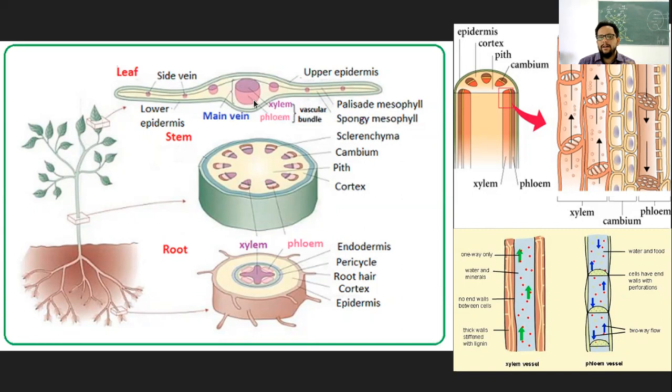Like again, from my heart, the particular vein or artery goes to the toe of my leg, right? That is a continuous tube line which has several branches at several places. Something similar, though these xylem and phloem do not have several branches until and unless the plant itself has too many branches, right? Otherwise, let's say if this plant is just one stick-like structure, then it will have only a straight xylem and phloem structure. It's that simple to imagine.